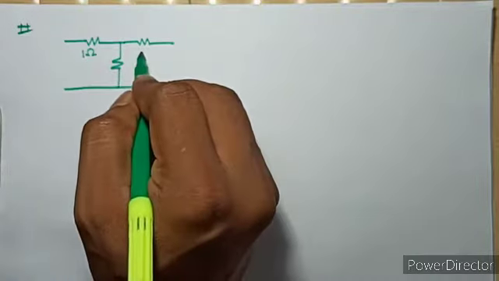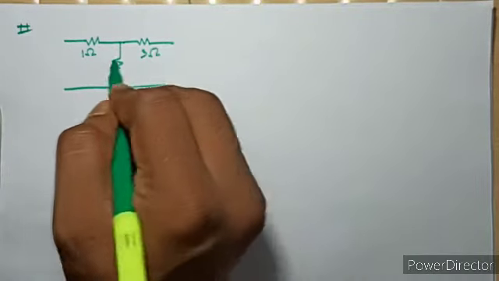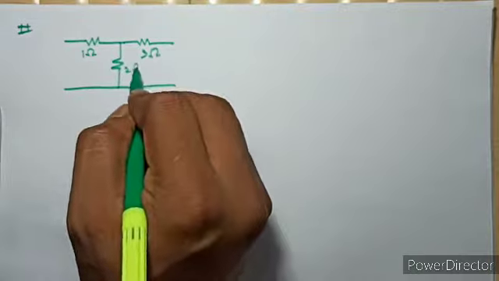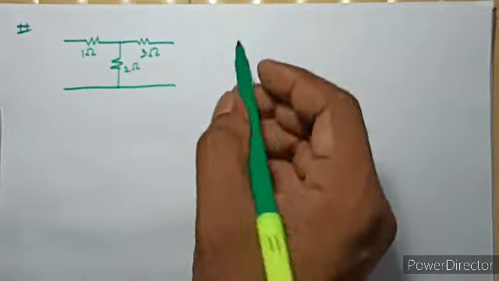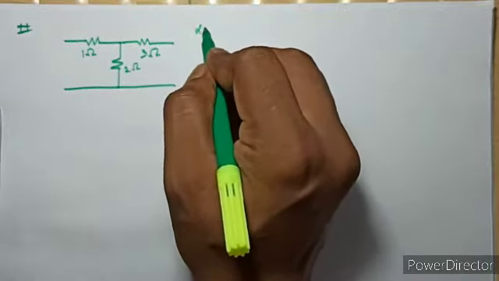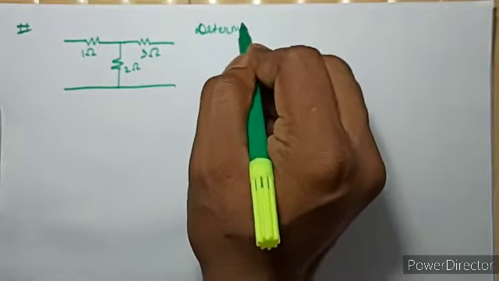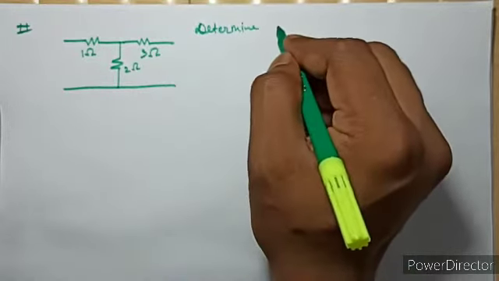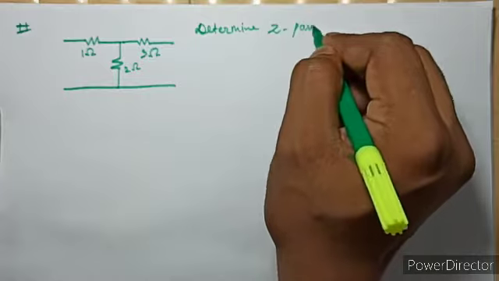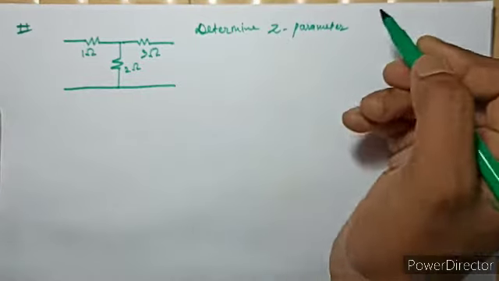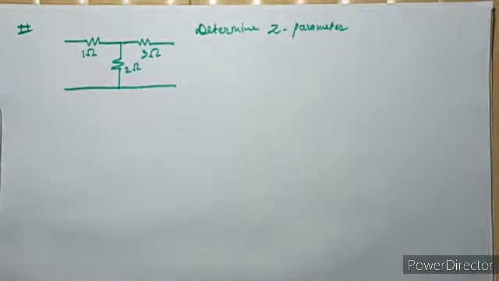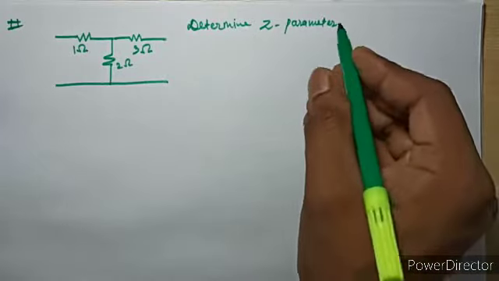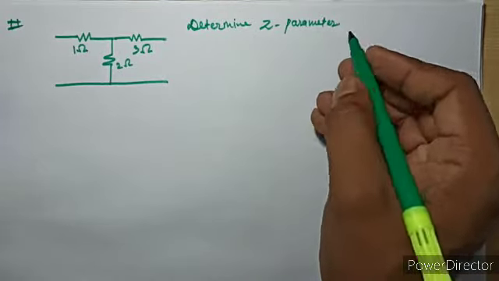This is 1 ohm, this is 3 ohm, and this is 2 ohm. If I say determine the Z parameters, right, then